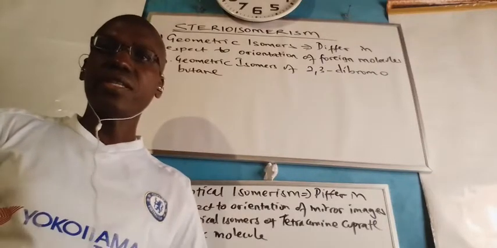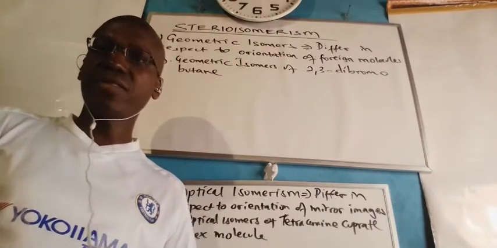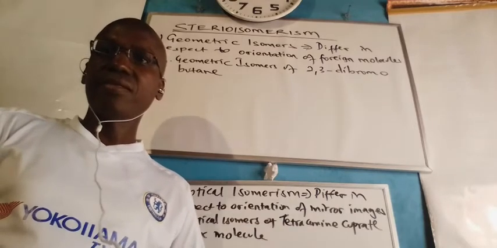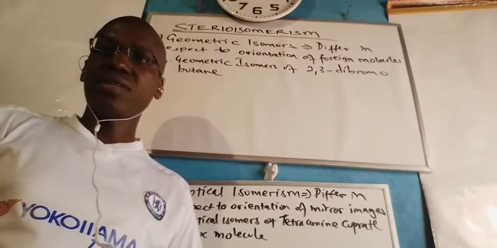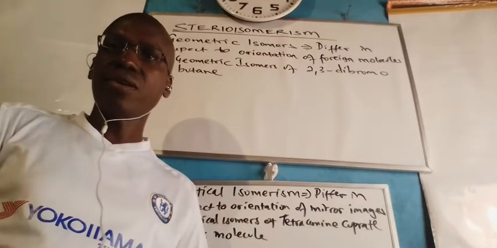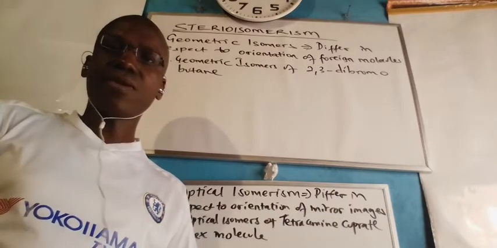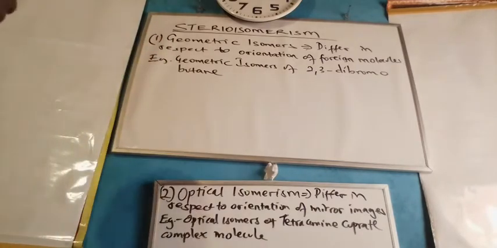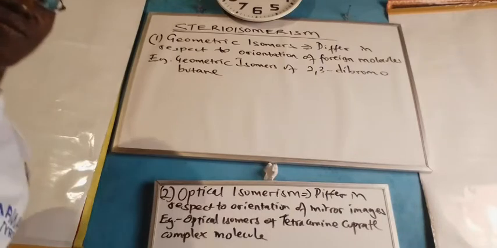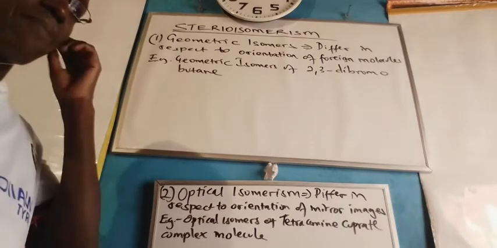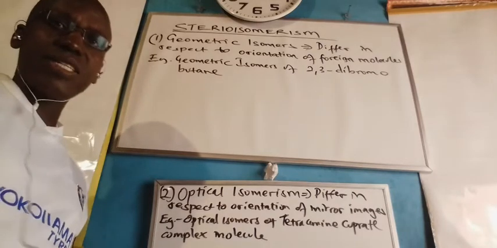Hello. In this session of isomerism, we look at stereoisomerism. We have said initially, stereoisomerism is manifest in two forms as either geometric isomerism or optical isomerism. Let's take a look. To begin with, we are going to look at geometric isomerism, and in geometric isomerism, we agree that it is the existence of differing structures in respect to orientation of foreign molecules. Foreign molecules in organic carbon are basically any species apart from carbon, hydrogen, or oxygen which is attached to the